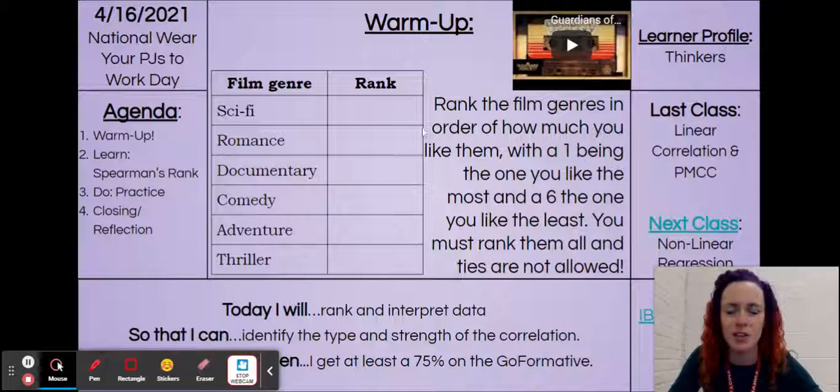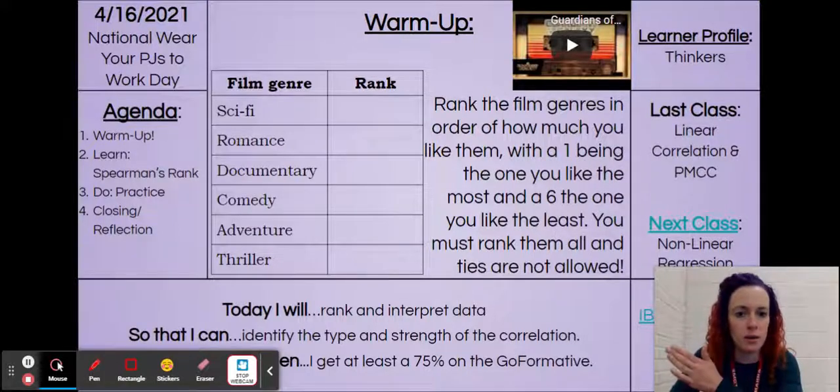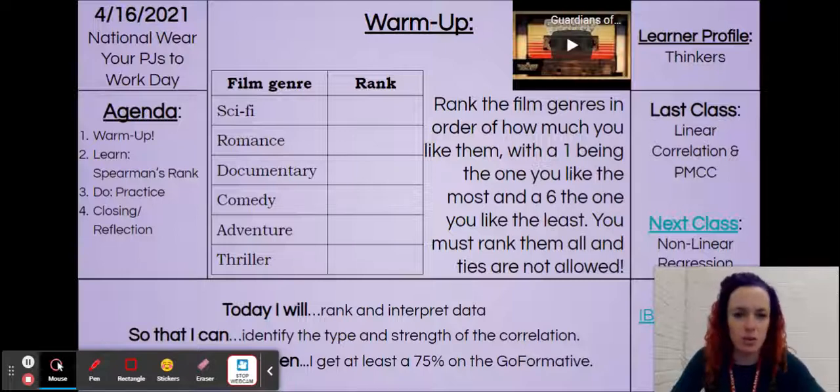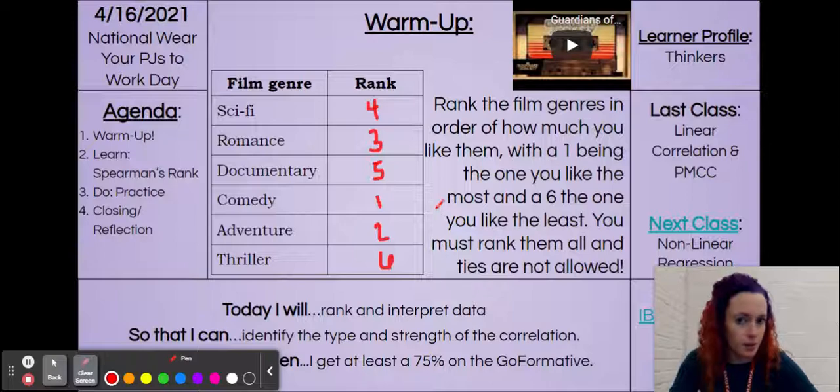So what I want you to do first is, with these 6 film genres, rank them in order of how much you like them, with a 1 being you like it the most, a 6 being you like it the least. You have to rank them all, and there are no ties allowed. All right, so here are my rankings just for your knowledge, but also because we're going to need it on